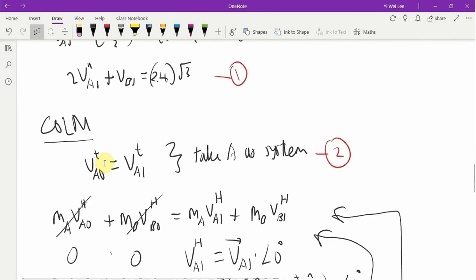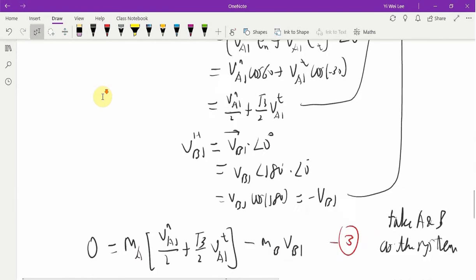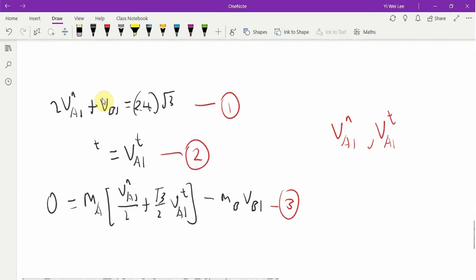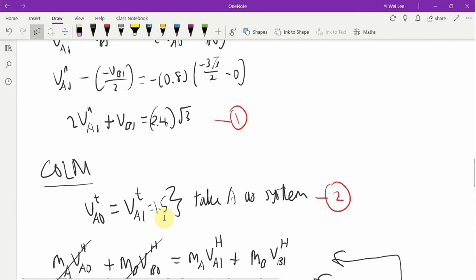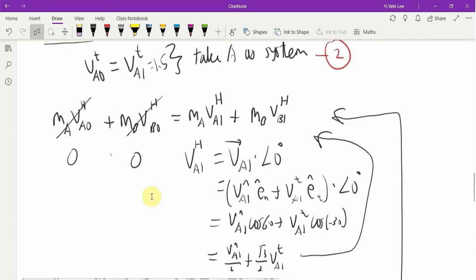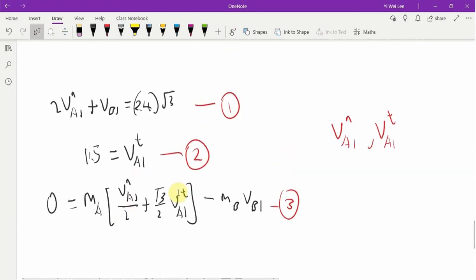I think I should have put that first so that we can reduce any confusion. So this is actually just 1.5. Okay, VA not T is something that we know. It's just 1.5. You can get it from here. Sorry for the confusion. So we have VA1N is unknown. We have VA1T as unknown, and we have